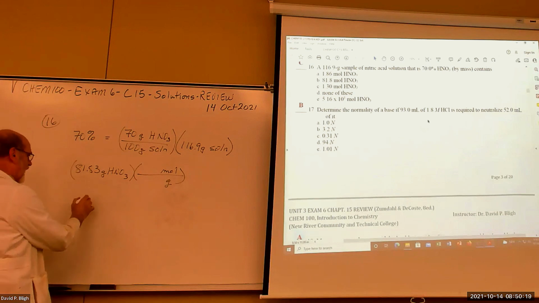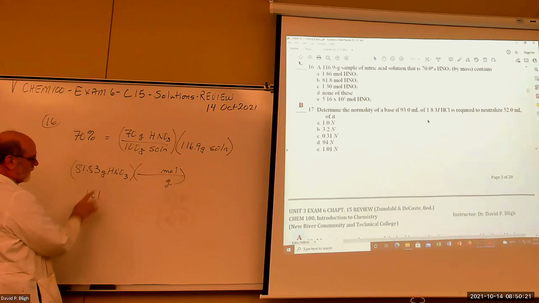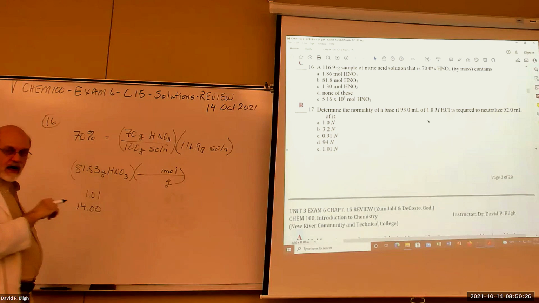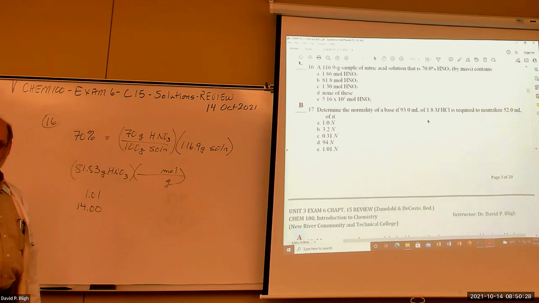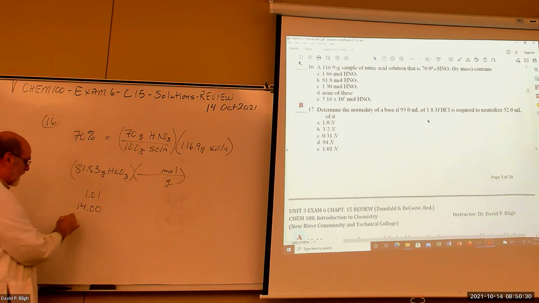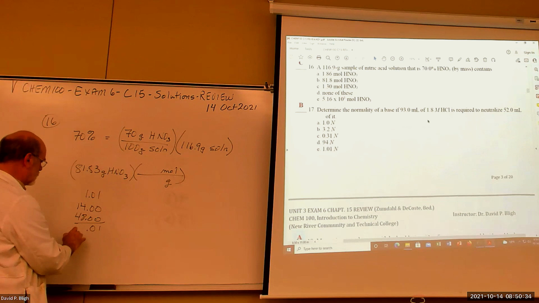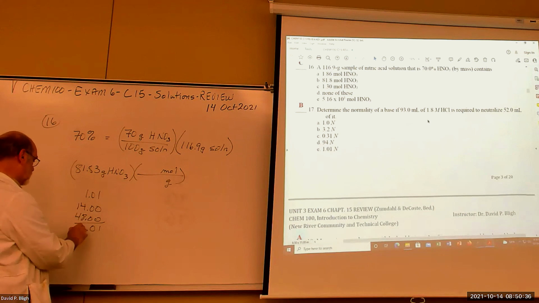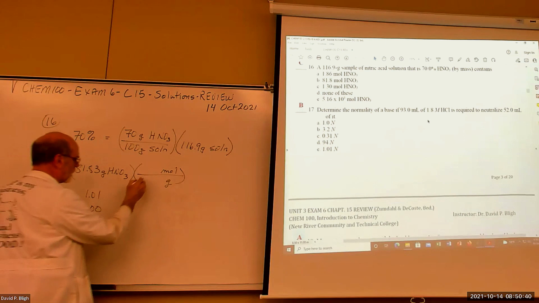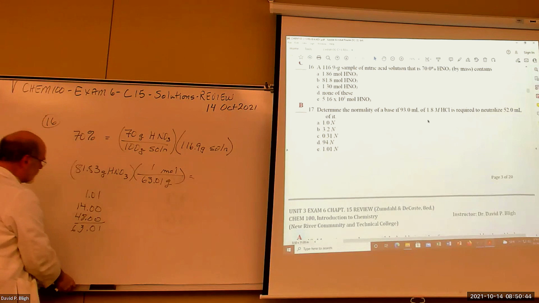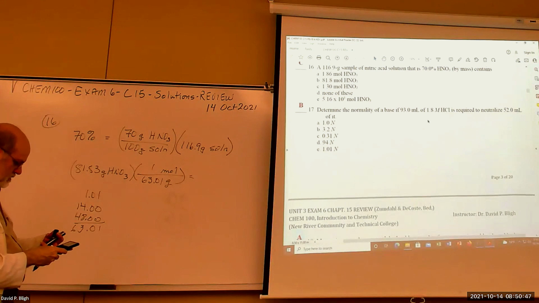Well, let's see. Hydrogen is 1.01. Nitrogen is 14. And oxygen is 16 times 3. 3 times 16 is 48. Right, so we have 1.01, 14, 48, which gives 63.01. There we go. 63.01 divided into that number